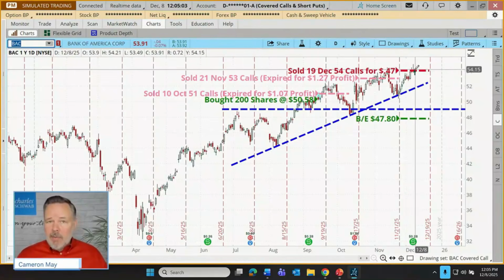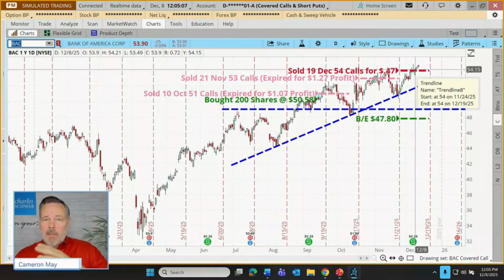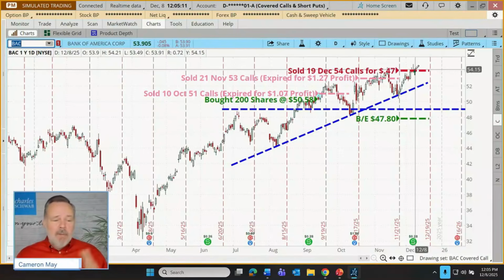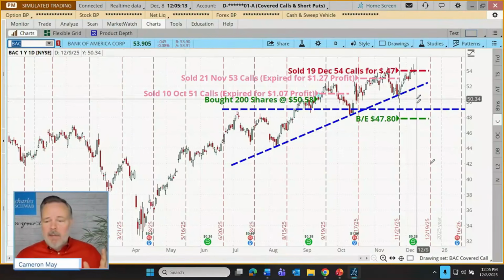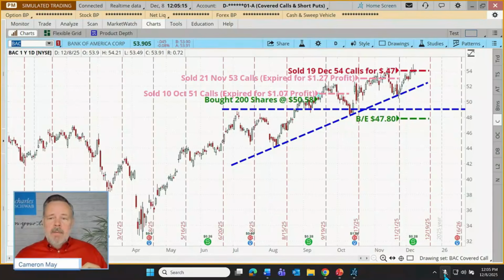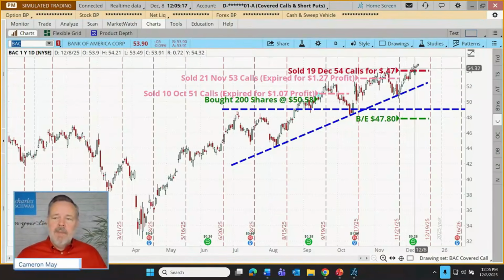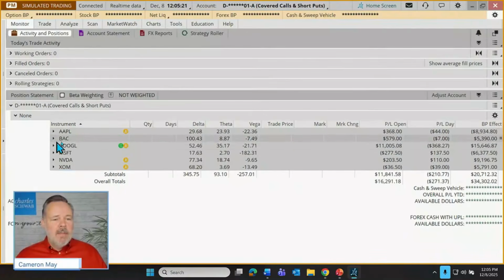In a real account, even an out of the money contract can be assigned, but going in the money, especially as we get closer to expiration, can elevate that risk of early assignment. Early assignment just doesn't happen in these paper money accounts. But for this one, we're going to let that continue to work. That seems to be doing just fine.